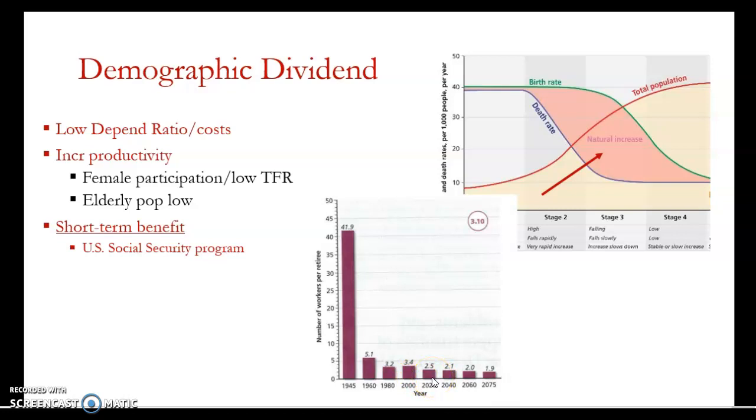Today, in 2020, as our population has aged and more people have moved into retirement, our baby boomer population, our younger cohorts, our younger group of population isn't quite as big. We only have 2.5 people paying into Social Security for every recipient. And you can see that that's going to go down in the next few decades. What this tells us is that Social Security is really a demographic issue.